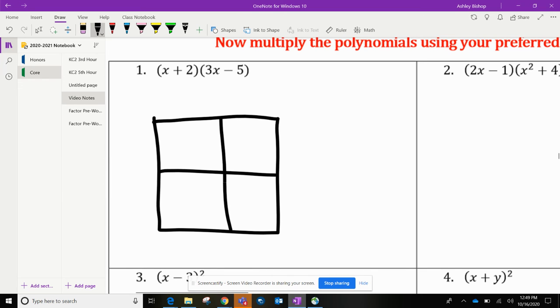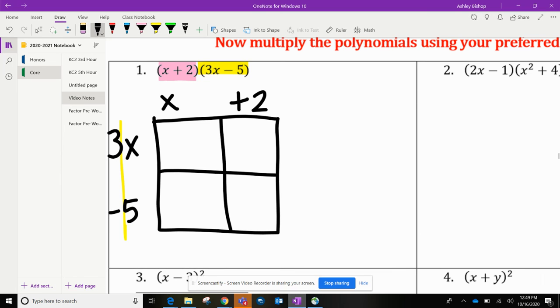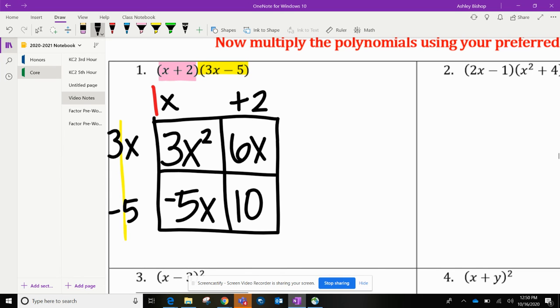So example 1, again, one binomial goes along the top, x plus 2, keep that sign with that second term. And then one binomial goes on the side. We're going to have 3x minus 5. And then you are going to multiply in 3x times x. That's going to be 3x squared. So that 3 gets multiplied by that invisible 1. 3 times 1 is 3. Now I have 3x times 2, which will give me 6x. Negative 5 times x is negative 5x. And negative 5 times 2 is positive 10. And then we want to rewrite that in